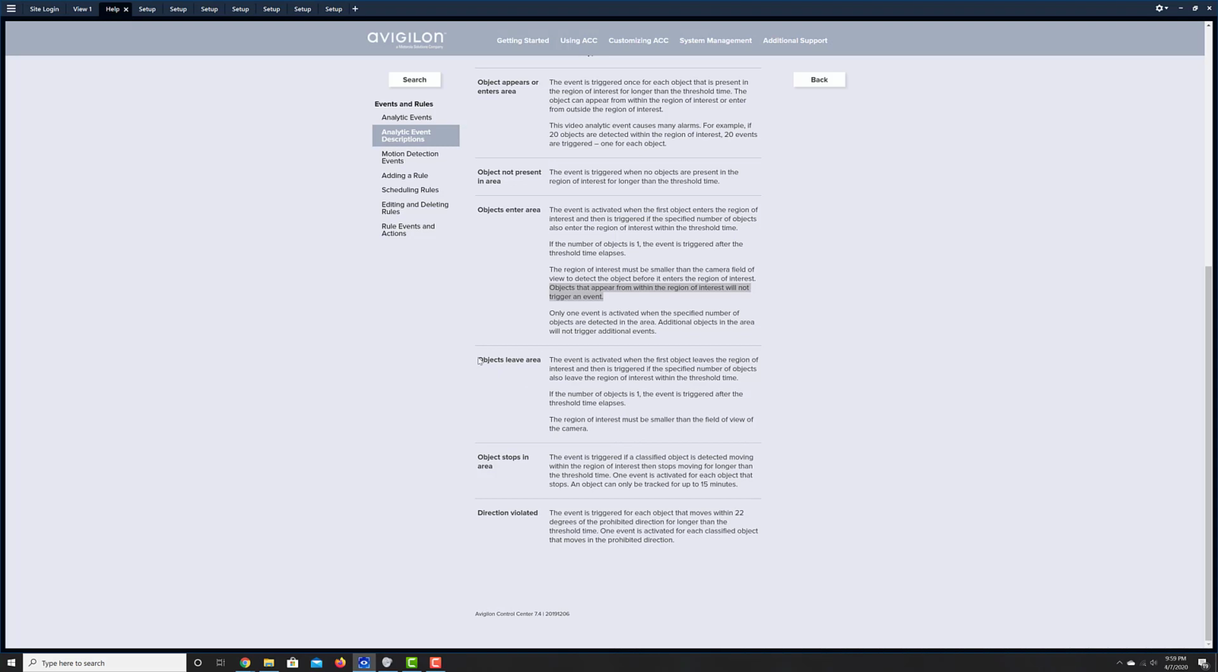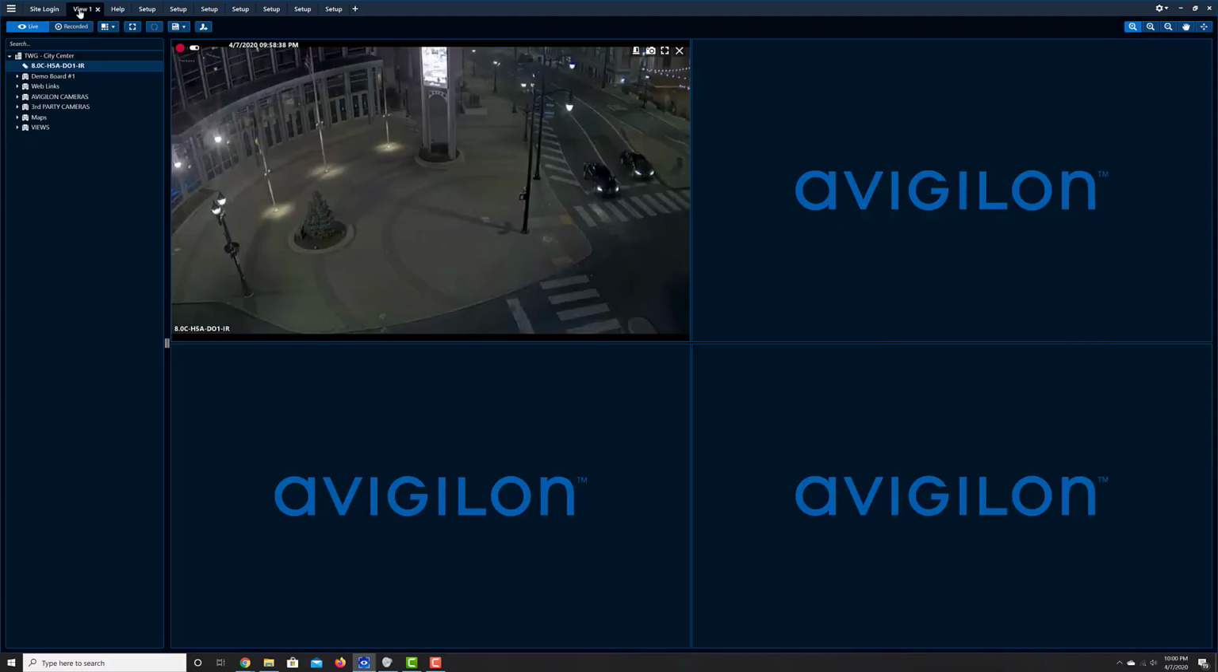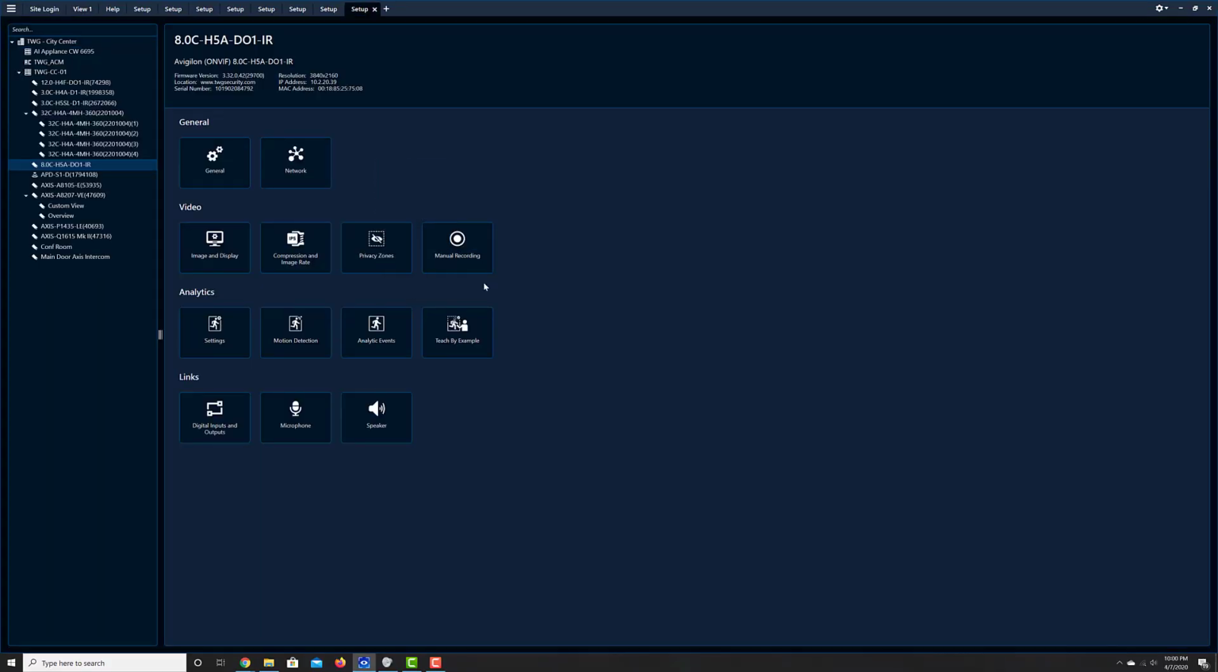So objects leave area. The event is activated when the first object leaves the region of interest and then is triggered if the specified number of objects also leave the region of interest within the threshold time. If the number of objects is 1, the event is triggered after the threshold time elapses. The region of interest must be smaller than the field of view of the camera. So again, same thing. So this is not going to trigger an event